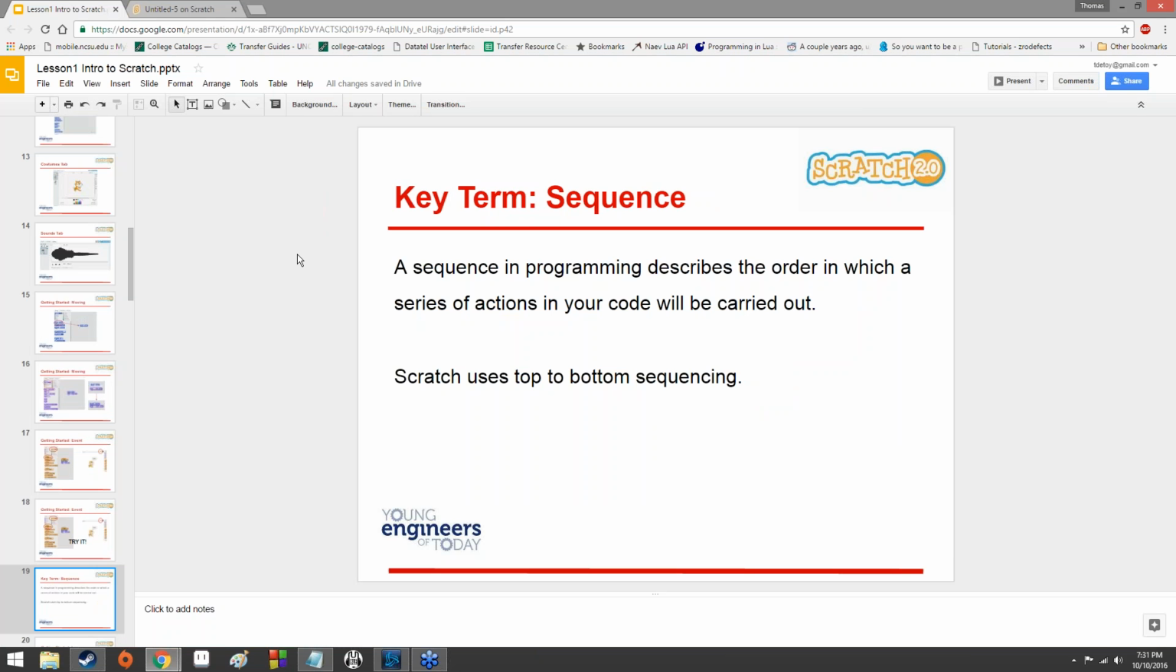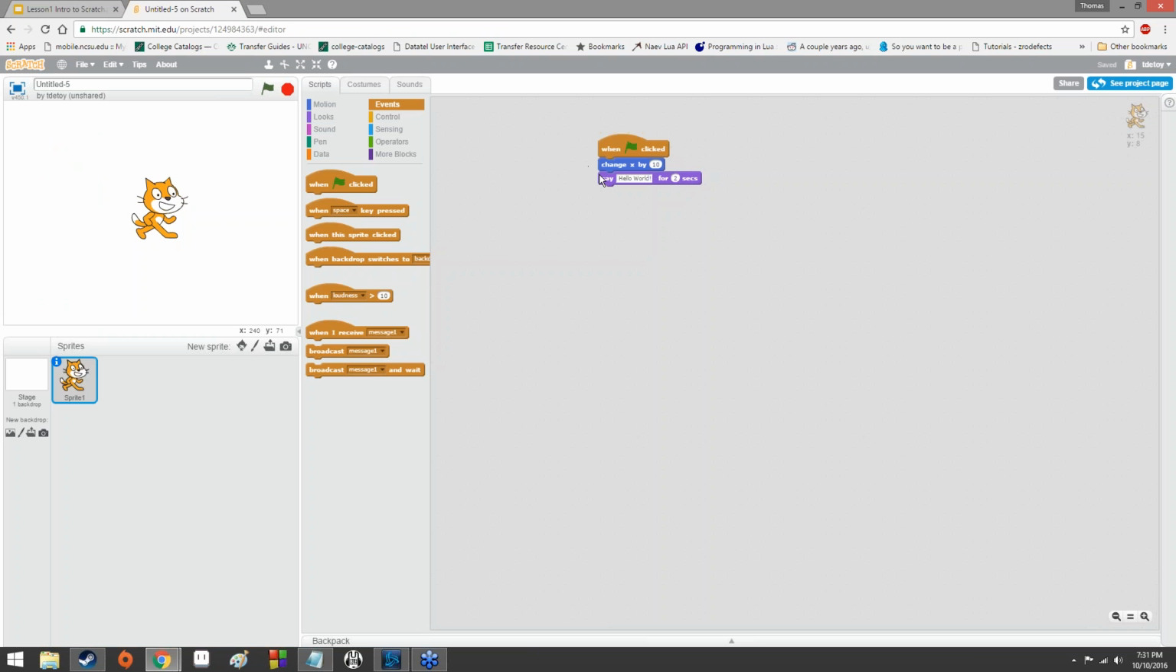It was pretty amazing, but this is the thing that we're curious about. A sequence in programming describes the order in which a series of actions in your code will be carried out. Scratch uses top-to-bottom sequencing. Clearly, we've seen that because it moves slowly, so it's kind of impossible to,